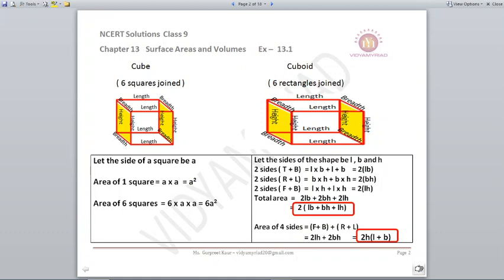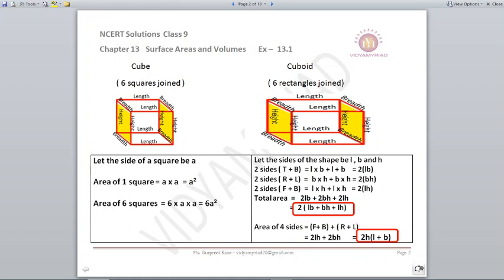In the same way, there is one right side and one left side, or the walls if I say so. If you look at the shape, they are made up of breadth and height, or B into H. Because there are 2 sides, I will write 2BH. Same way, the front and back are made up of length and height, so it is L into H, and because there are 2, I can write 2 into L into H.